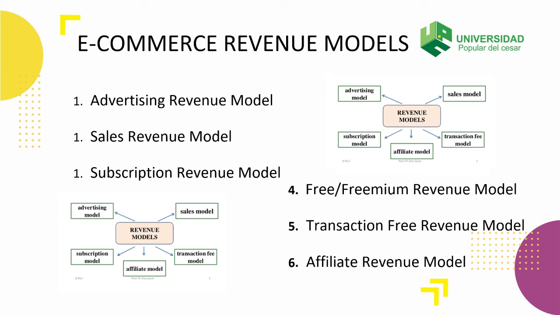Fourth, the freemium revenue model. In the freemium revenue model, firms offer basic services or content for free and charge a premium for advanced or special features. For example, Google offers free applications but charges for premium service. Pandora, the subscription radio service, offers a free service with limited playtime and advertising and a premium service with unlimited play. The idea is to attract very large audiences with free service and then convert some of these audiences to a paid subscription for premium service.